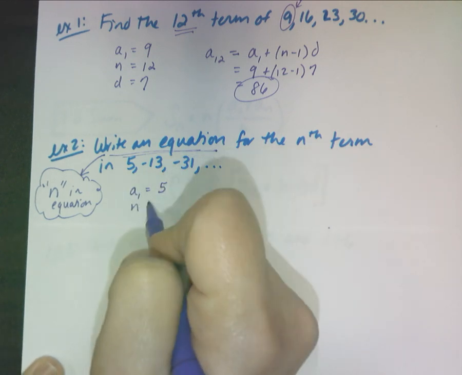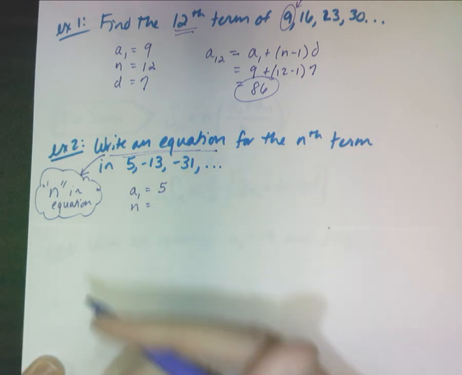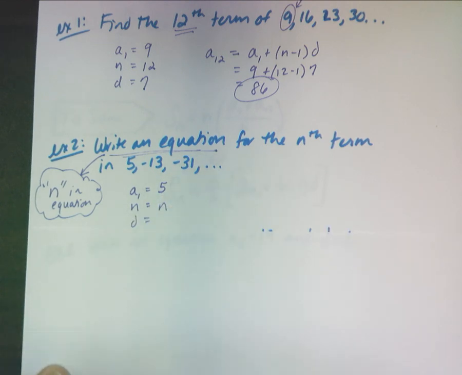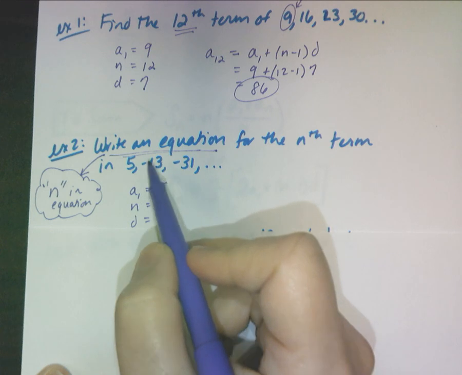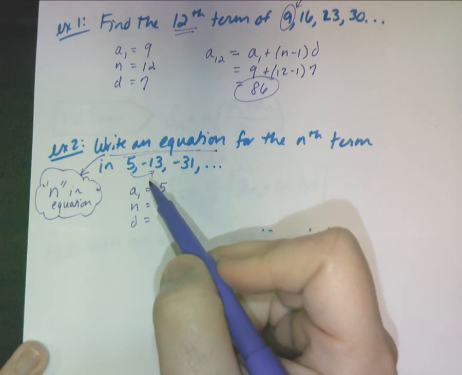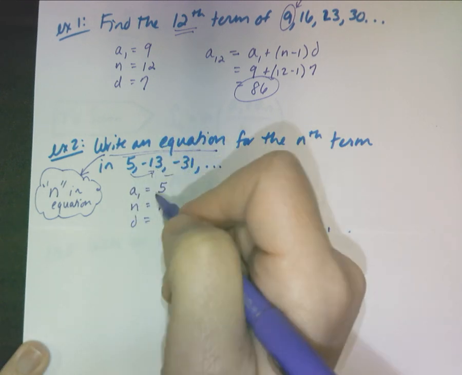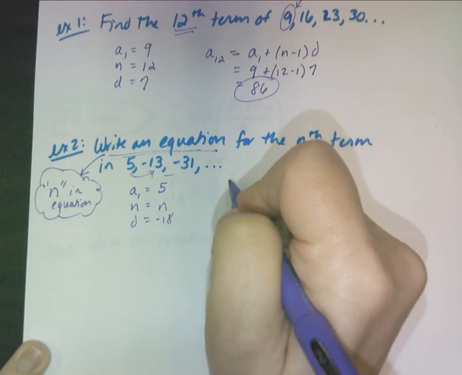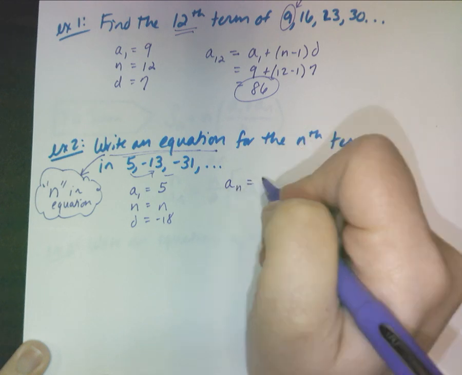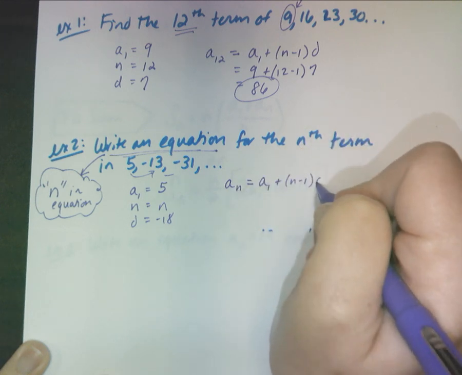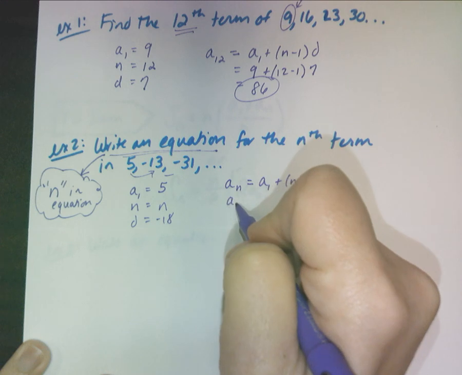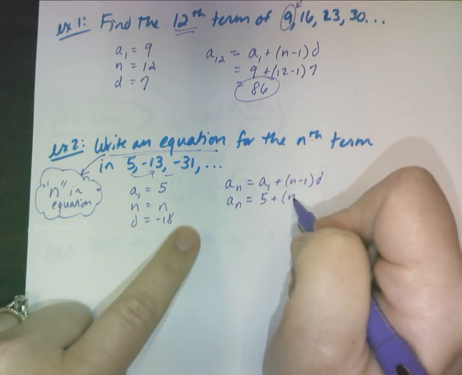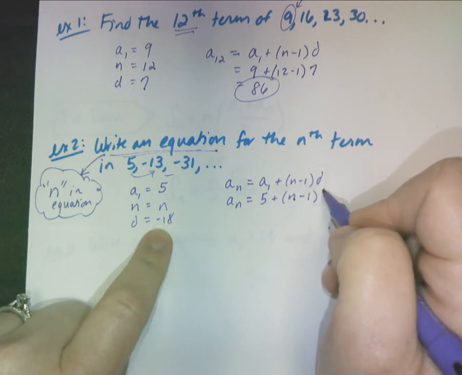Our n, well, we want our n to be open, so we're going to leave it and we'll call it n. And our common difference would be, well, let's see, to go from 5 to negative 13, we'd have to subtract 18, right? Subtract 18, so negative 18 would be the common difference. So when we go to write the formula, again, a sub n equals a sub 1 plus n minus 1 times d. You would have a sub n equals the first term, 5, plus, leave your n as n, minus 1 times negative